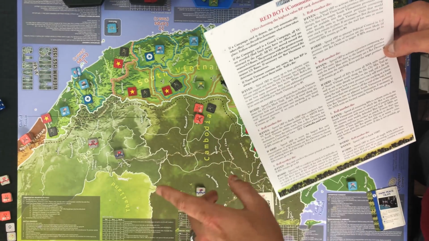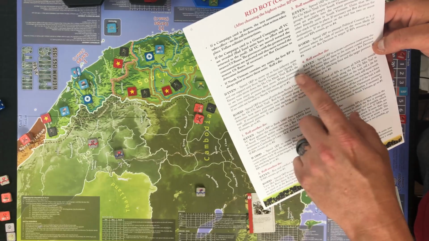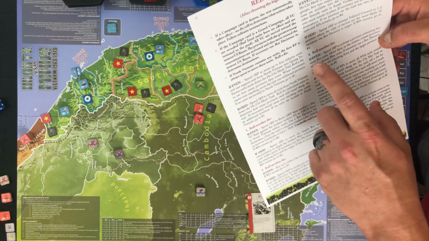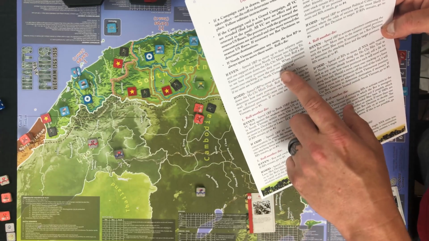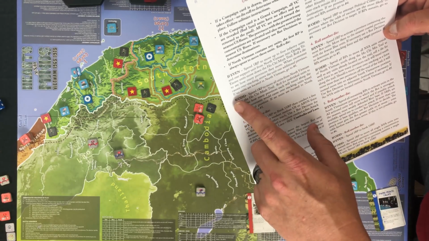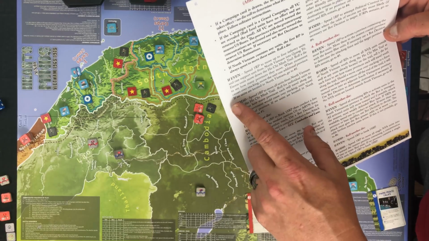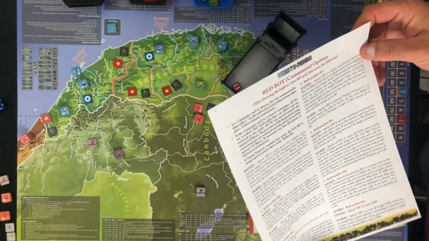And 1 support unit. I don't think they've got any support units into Quang Tri. Excess units will move down the Ho Chi Minh Trail. Roll a die to see how many provinces they move. When movement causes overstacking, move the unit 1 additional province. If no units, then you go to 1. Okay, so